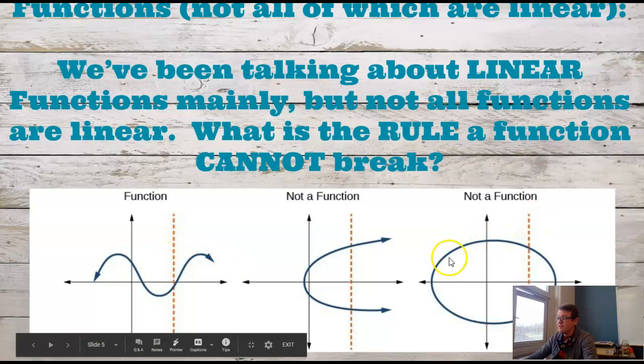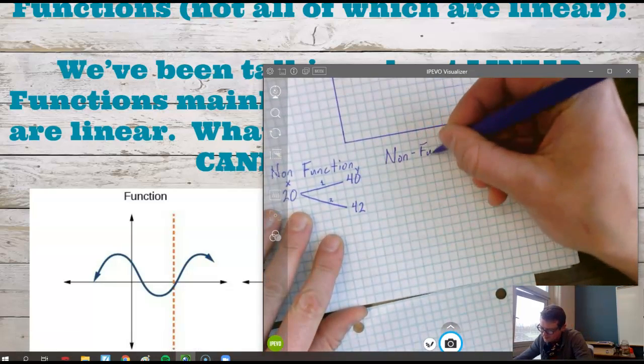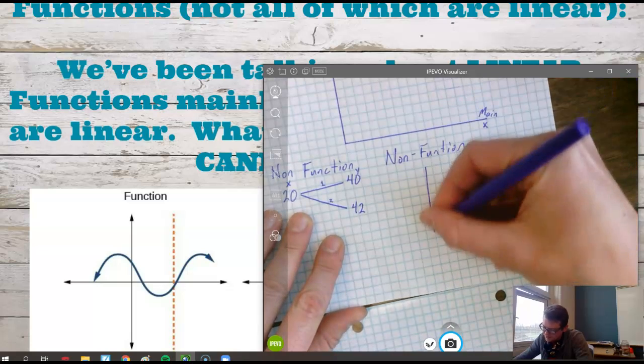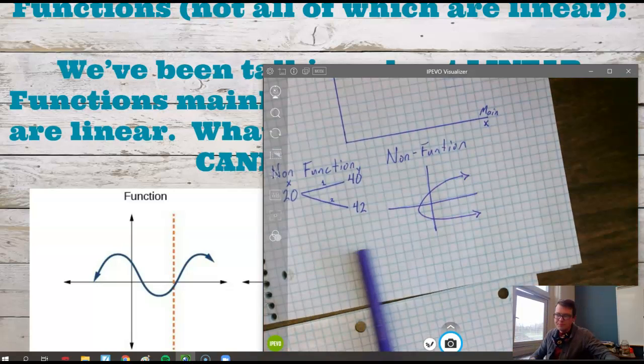So, we will see functions that end up being circles. And because it hits a vertical line twice, that's not a function. Sorry, I just said function. We'll see relationships. We'll see equations, but those situations are not functions. This is a type of parabola, but it's actually turned sideways, and when you get deeper into math, you'll see why this is made. So, if we want to write down a couple more examples of non-functions, you can choose whether you do that sideways parabola or whether you draw the circle, but please make an indication